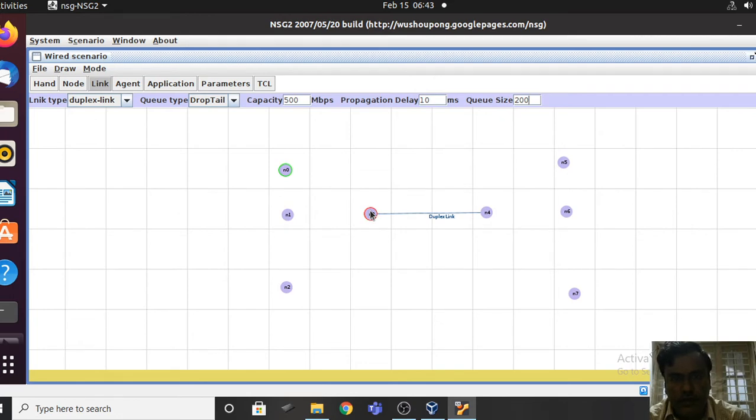So now I'm going to establish a link between these two nodes. With the same values, I'm going to establish a link between these two nodes, and for the rest of all nodes I'm going to use the same values. So that is over. Now I'm going to connect the other side of this dumbbell.